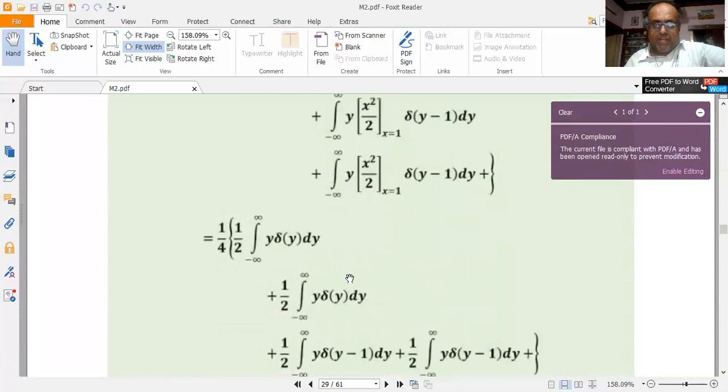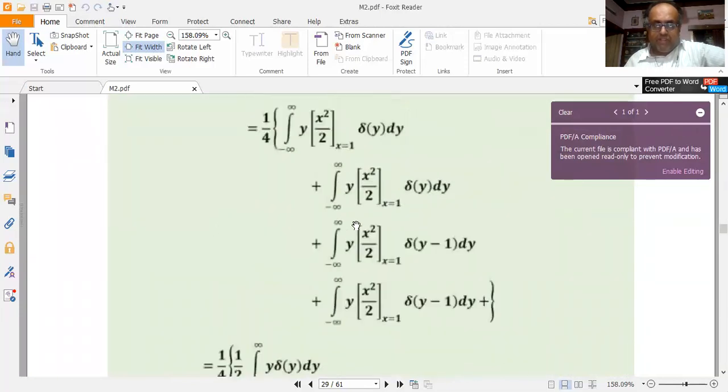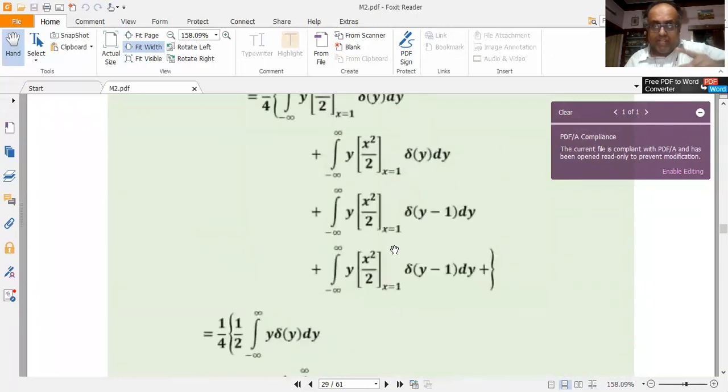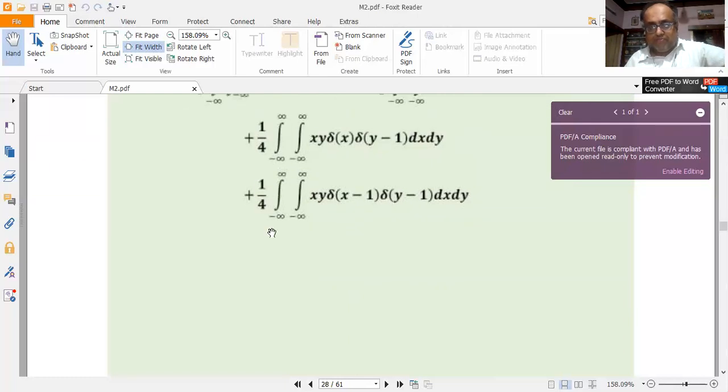Okay, so finally I get 1 by 4 into 1 by 2. This I have already told. The method that we have done is what I just told for the first three integrals. A similar analogy can be used for the evaluation of the fourth integral also. First, collect the x terms, integrate with respect to x, then integrate the other y terms along with the resultant in order to get the total result, and add all of them together and multiply by 1 by 4. I get the correlation value.